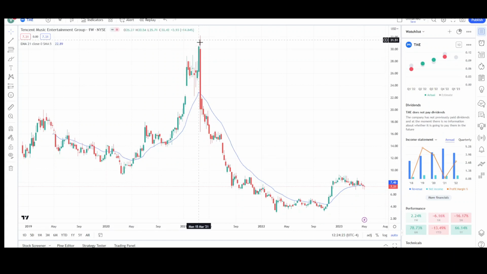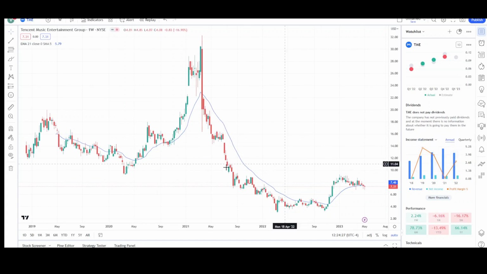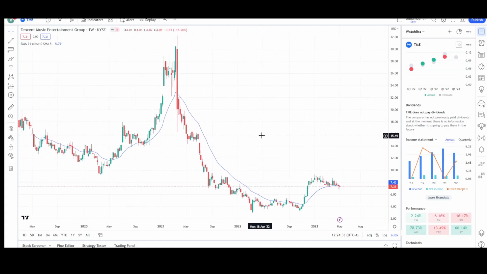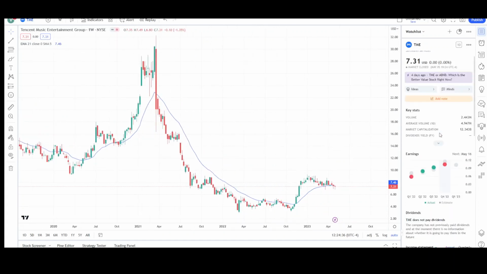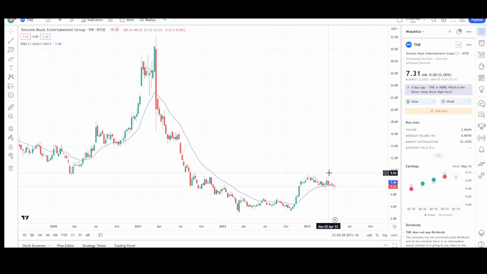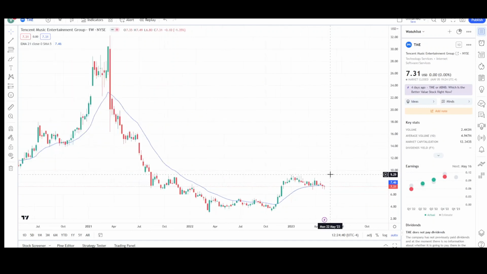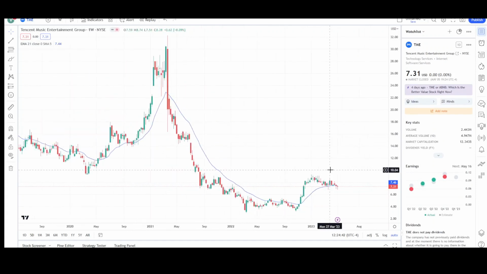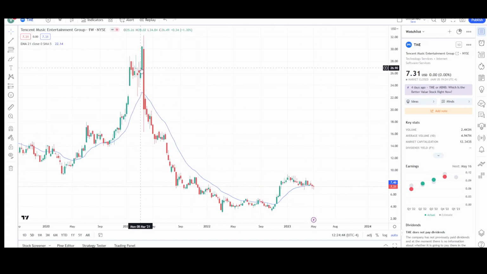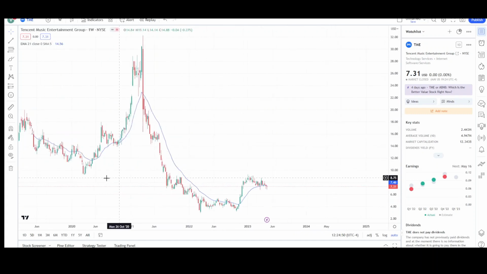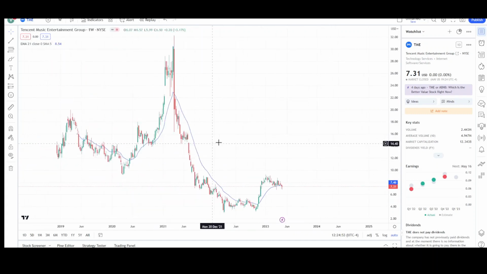So what does this tell me? It tells me it has nothing to do with the fundamentals, because why did this rocket out higher when the fundamentals are much better than it was before? So basically it's just traders trading the market. If the market's trending down, they're going to go short. If the market's trending up, they're going to go long. So once this trend reverses, meaning like the structure changes towards the long side, then that's when we could see buyers come back in the market and start pushing up the price.